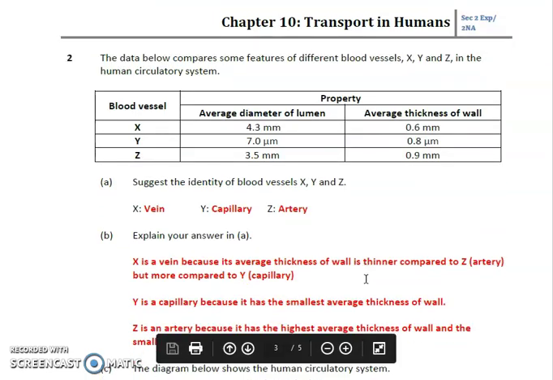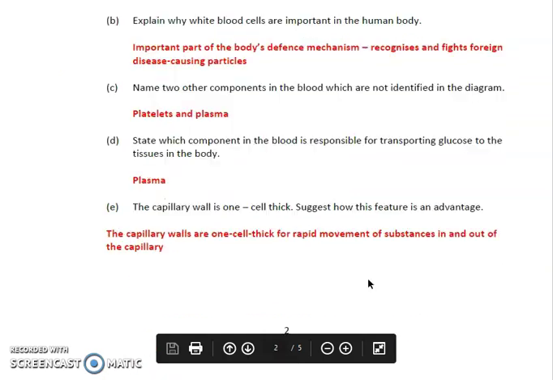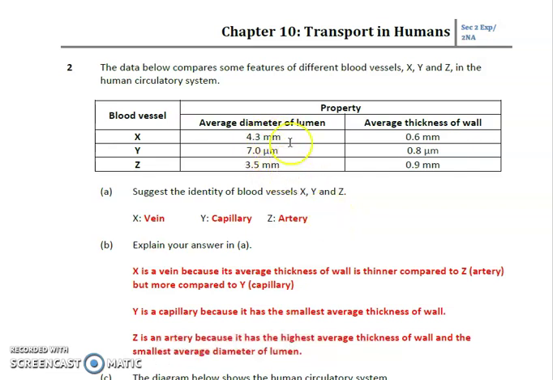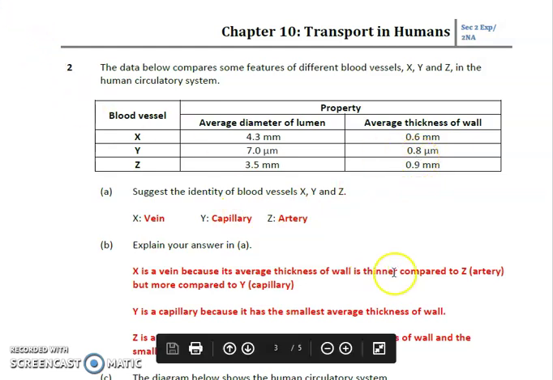Okay, turn to the next page. Question 2. Okay, you have a table that shows you the different blood vessels, okay, and the diameter of the lumen, as well as the average thickness of the wall. Okay, so you are asked to identify the blood vessels X, Y, and Z. Okay, so if you base on the diameter of the lumen and the thickness of the wall, okay, you can see that, okay, the easiest one is you look for the one with the